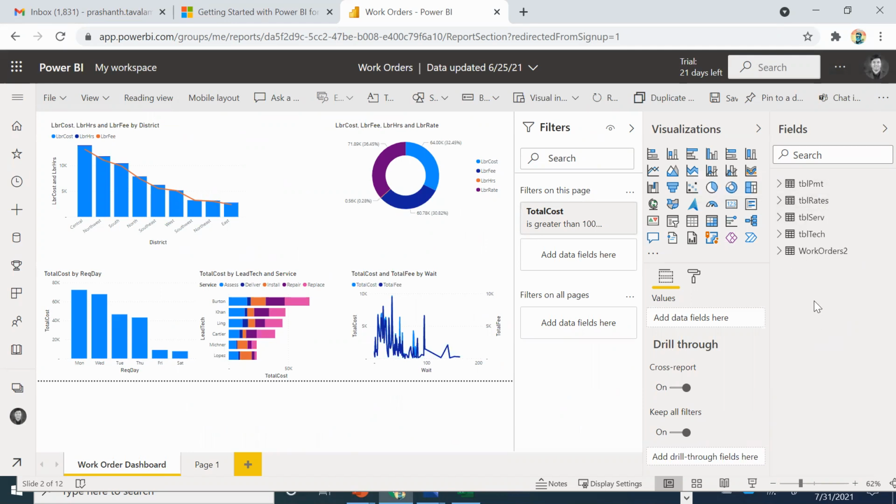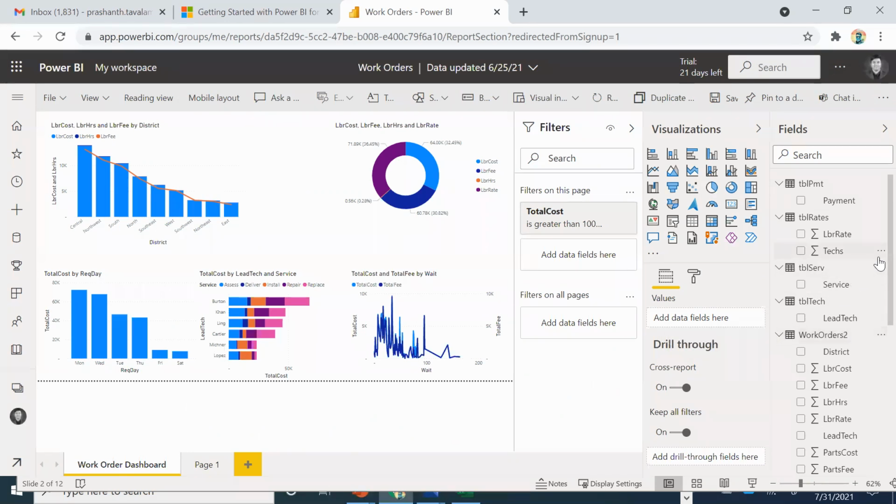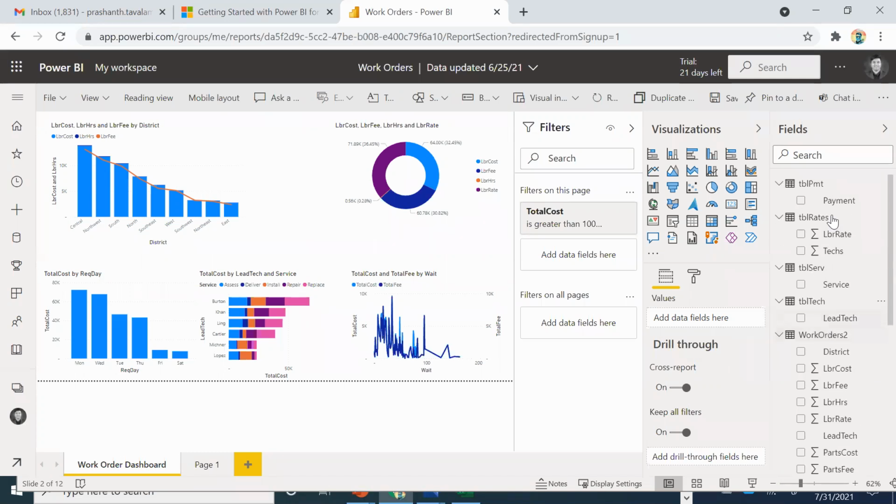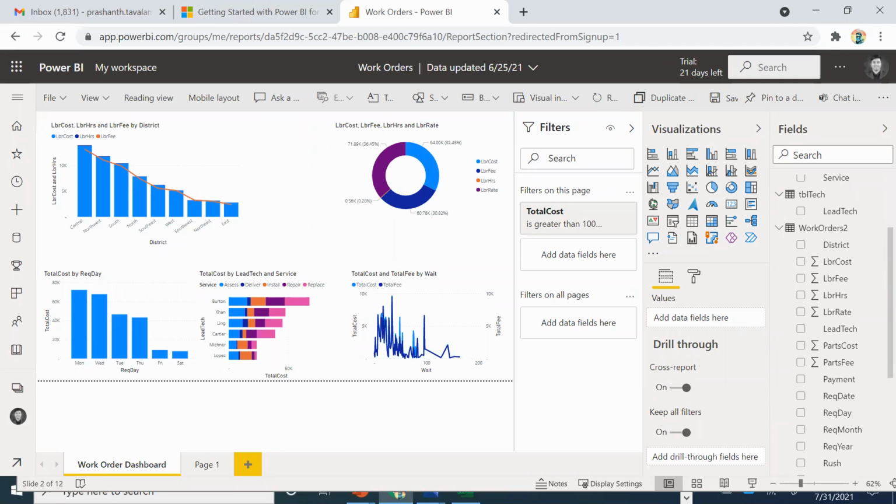So automatically my Excel got picked up, and these are the different tables that were created. You see, automatically it used its intelligence to segregate that information. Work order information as separate. It created labor rates as separate, payment as separate, service as separate. I didn't do anything. I just loaded an Excel.